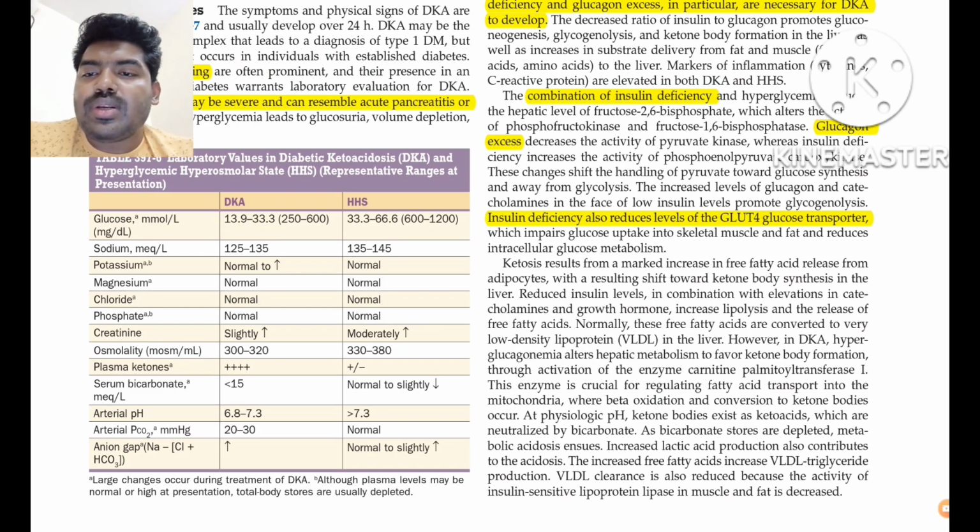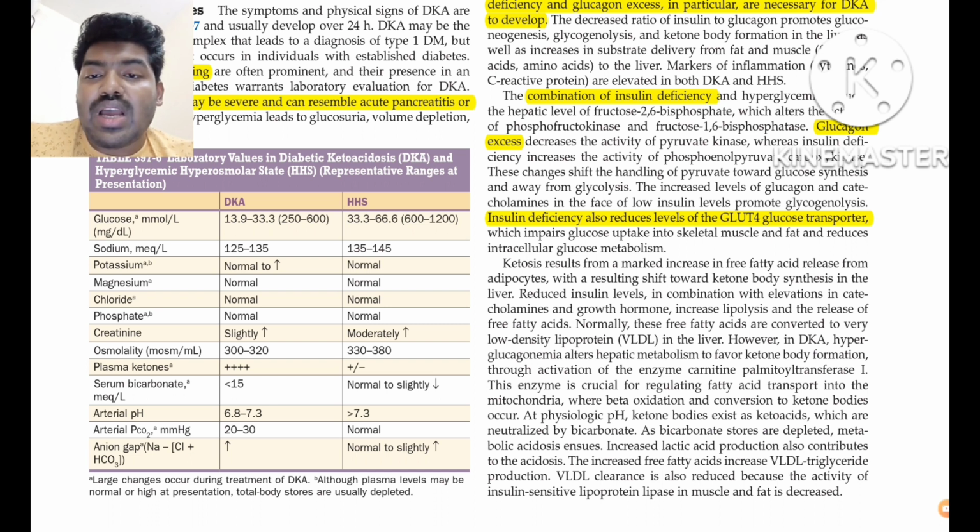Kindly have a look at the table. The normal blood glucose level is 80 to 120 mg per deciliter. In DKA, we are having 250 to 600 mg per deciliter. This is due to increased gluconeogenesis due to unopposed action of counter-regulatory hormones. In DKA, we are having surplus amount of glucose in blood and it will reach the